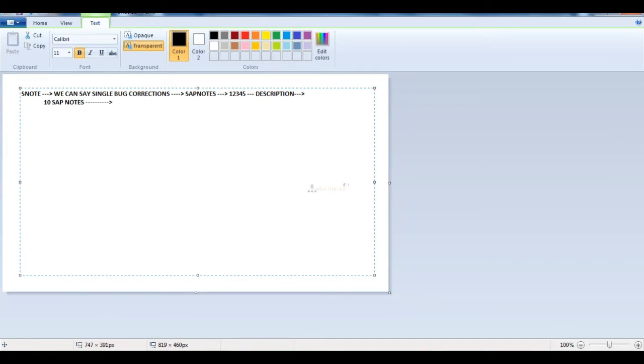So which SAP Note is suitable for me? For that, you need to open each and every SAP Note.